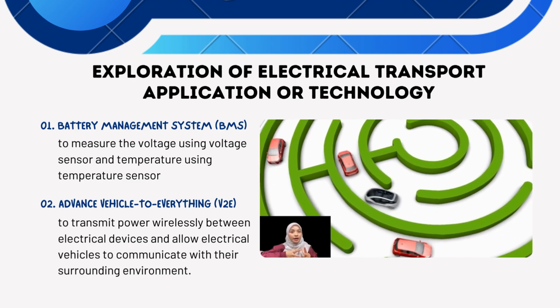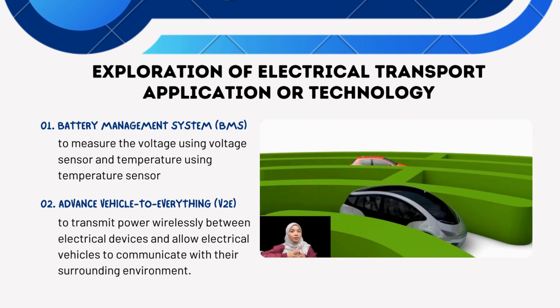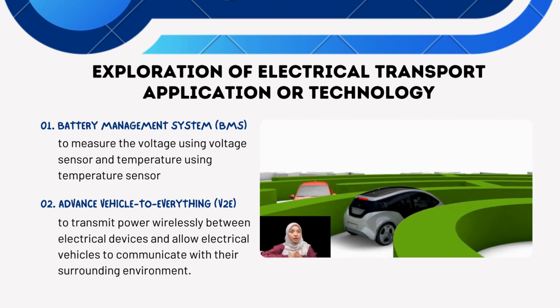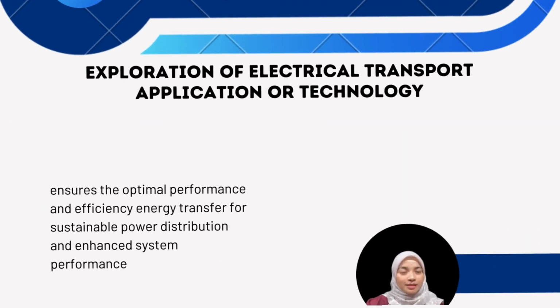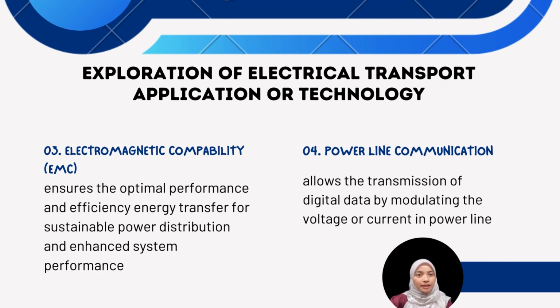It harnesses energy from the electromagnetic spectrum to generate electricity while driving. Next is electromagnetic compatibility (EMC). By using electromagnetism and electricity concepts, this ensures optimal performance and efficient energy transfer for sustainable power distribution and